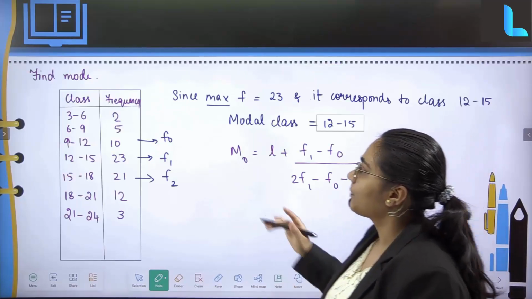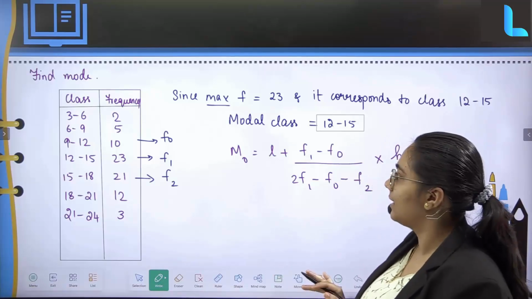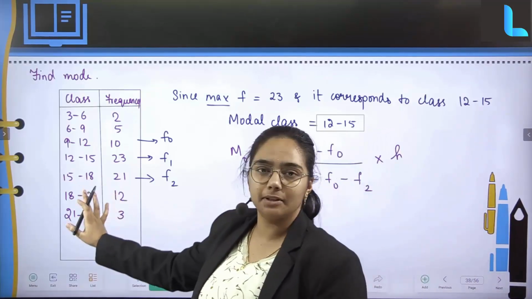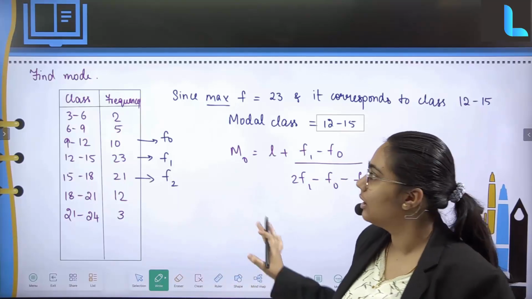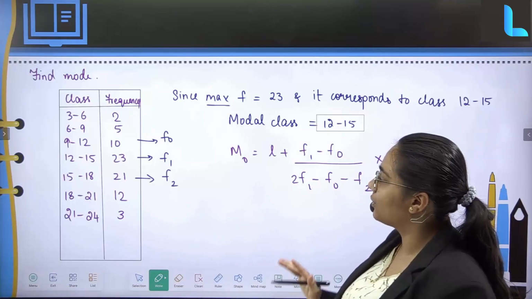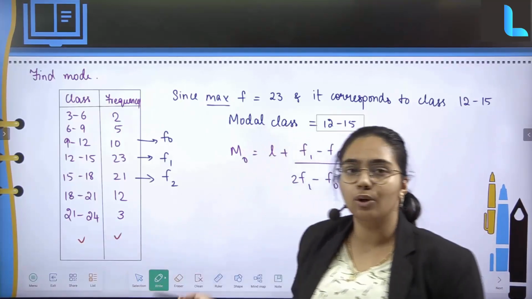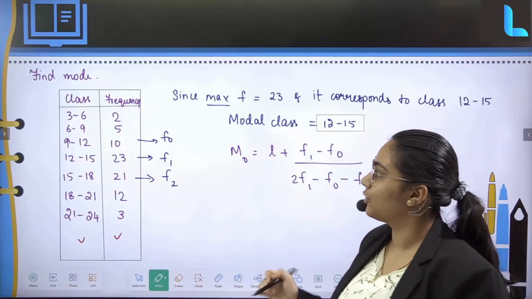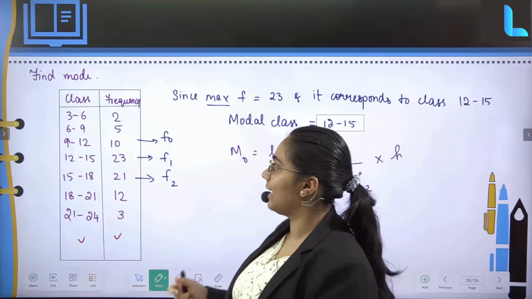Next question. Given data, you have to find out the mode. Whatever I have used in this pinkish color is basically the question, so using that only I have continued with the answer part also. They have given you the class and the frequency, so just looking at the question, it is very evident that this relates to grouped frequency.